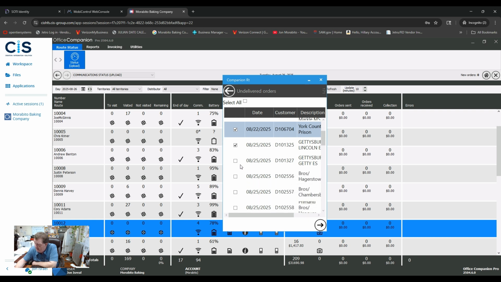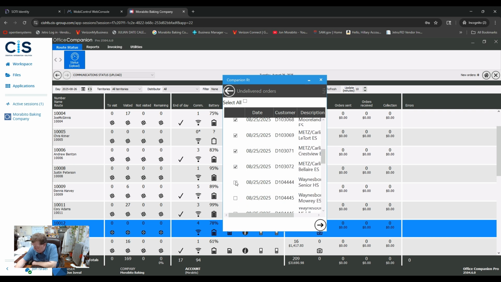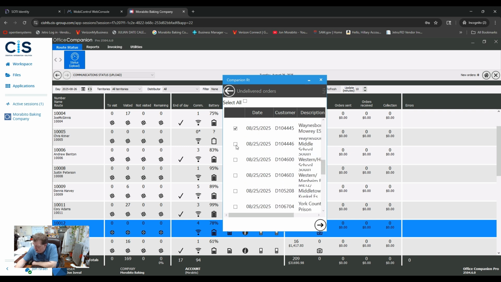I'm scrolling down. I'm getting rid of these 825s. This is everything that was delivered on Monday, but we've been providing backup paper invoices, and we attempted to cut the cord today, but we didn't get anywhere. So we're going to try and make it so that it's fresh and ready. I've already cleaned up the handheld for tomorrow,